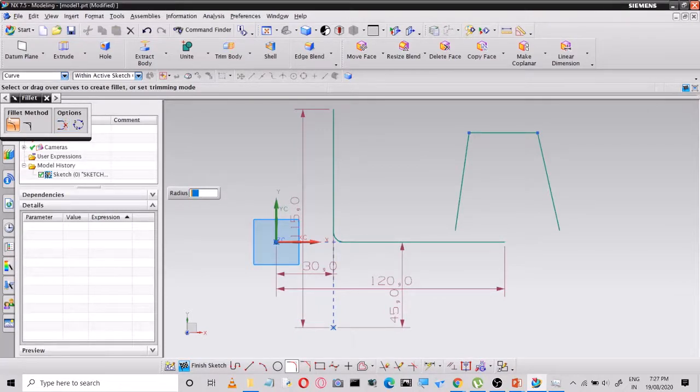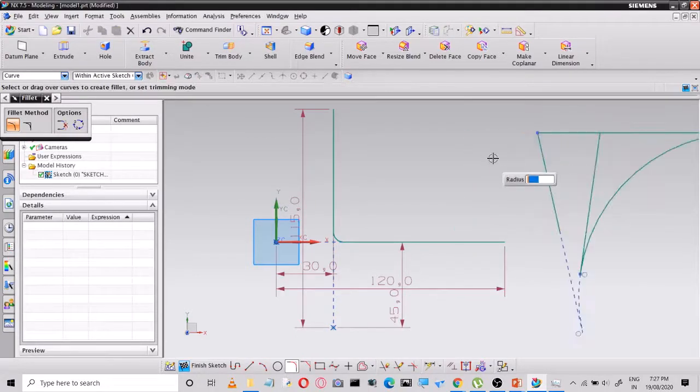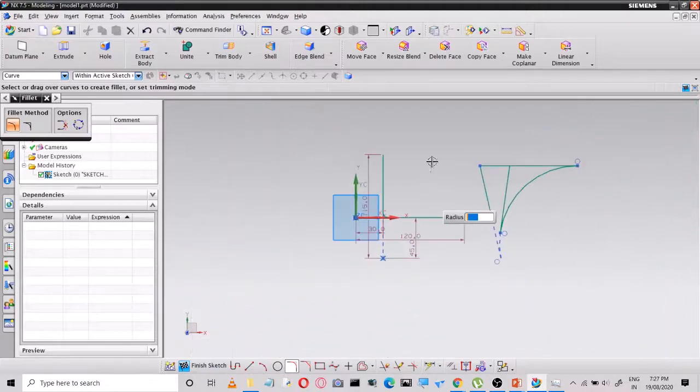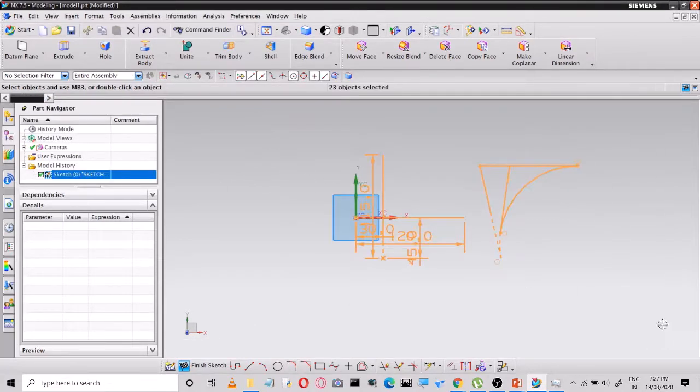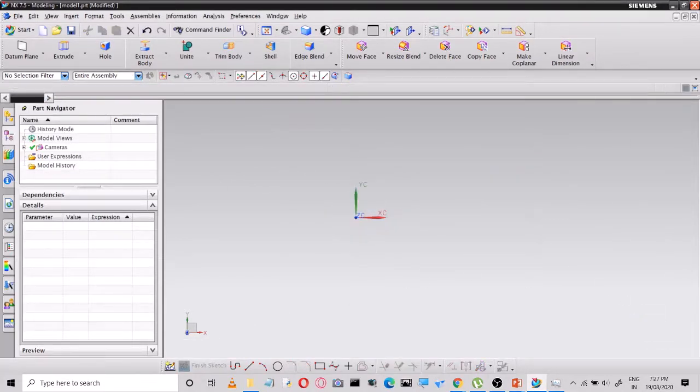Let us try with this one. For practice, we need to go for some specific dimensions, then only we will get the results. Otherwise, we will get the same problem here.